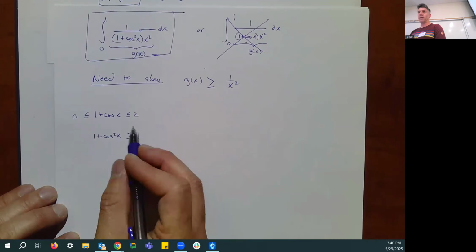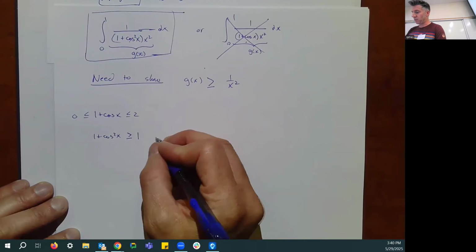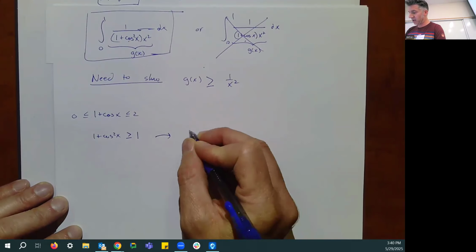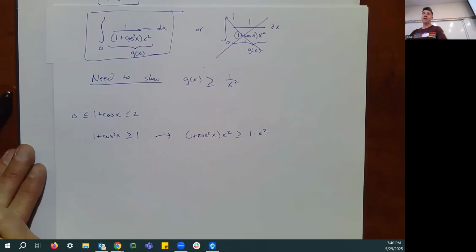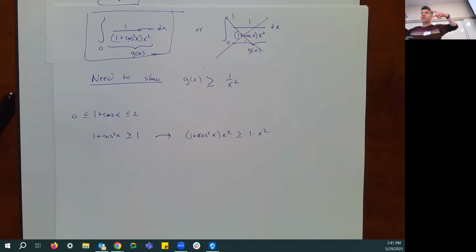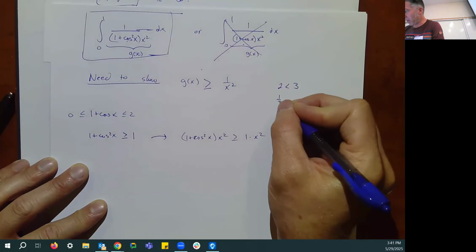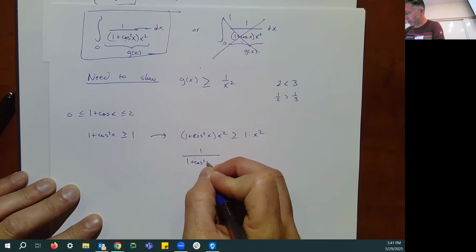So this is bigger than or equal to 1. And then we are safe to multiply everything by x squared, because x squared is always non-negative, so it will retain the inequality direction. And then if we invert both sides, that changes the direction of the inequality. Good? Just in case you're not sure about that, 2 is less than 3, and 1/2 is bigger than 1/3. So then 1 over 1 plus cosine squared x